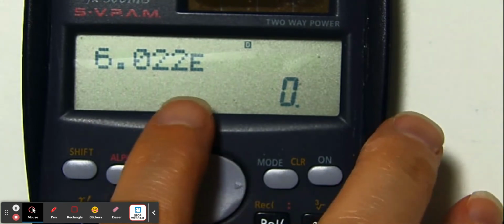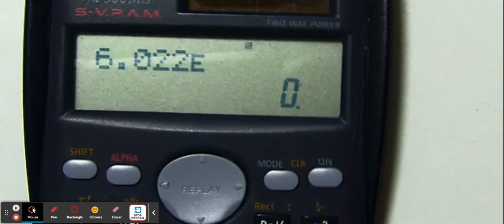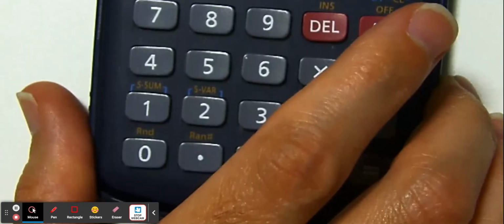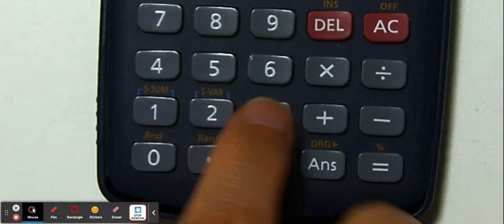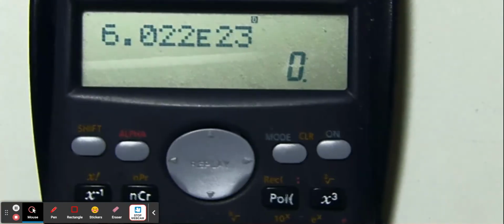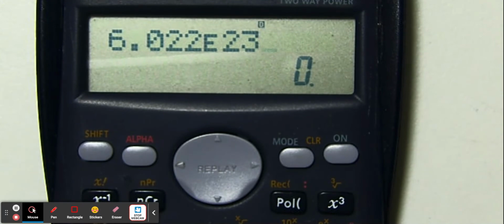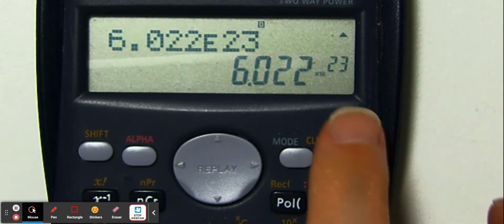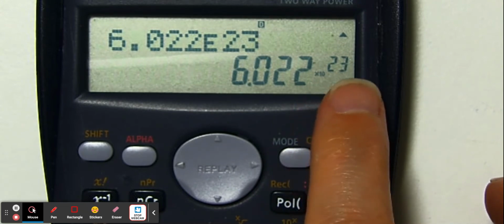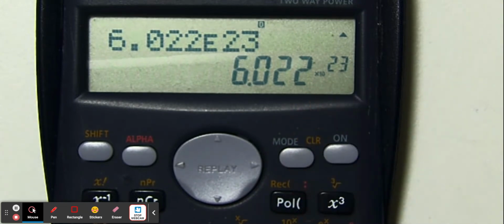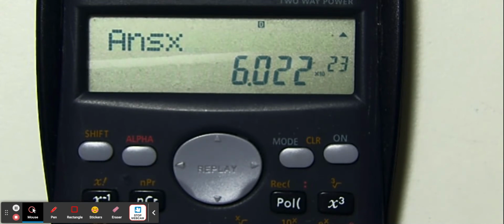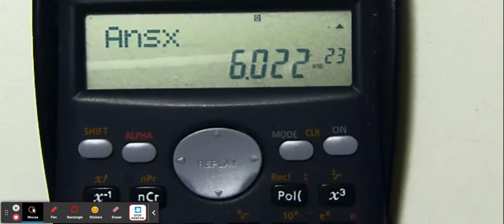You'll see the E again. So that E is times 10. And then you put in 23. So 23. And there it is. If I hit equals, it shows up as 6.022, and you'll see the little times 10 there raised to the 23rd power. And again, I can then multiply this. So the answer will be multiplied. I can multiply this by another